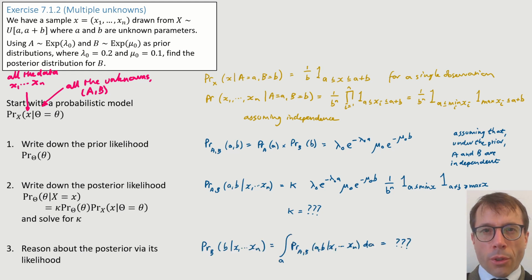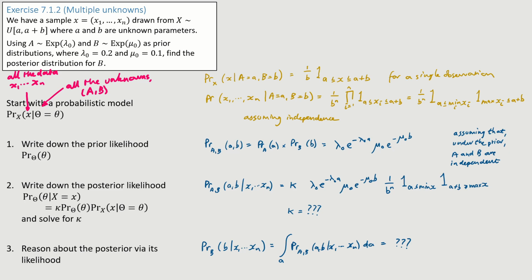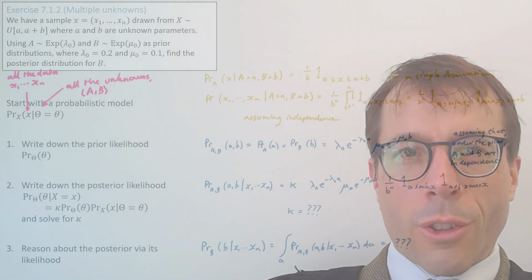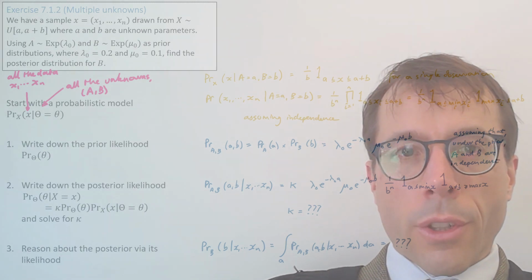Final step, report on the posterior. The question asked us, find the posterior distribution for B, but what we just calculated above is the posterior likelihood of the pair A, B. So, to get the likelihood for just B on its own, we have to integrate out A. This is called finding the marginal for B, or sometimes it's called marginalizing out A, or sometimes it's just called applying the sum rule. Anyway, this is another intractable integral. You can see now why the computational approach is so handy. We can actually come up with answers rather than just throwing up our hands and saying, I can't solve this integral.